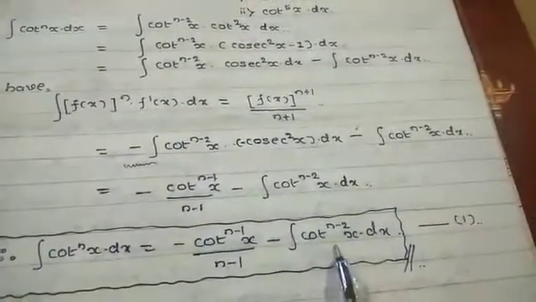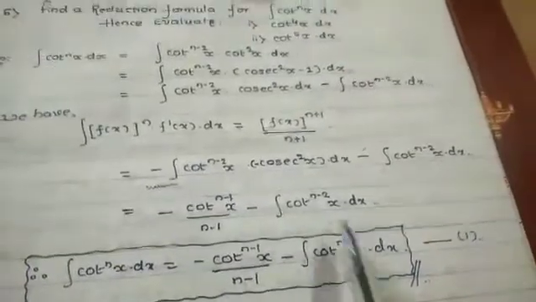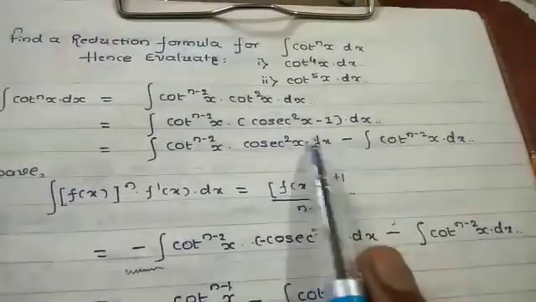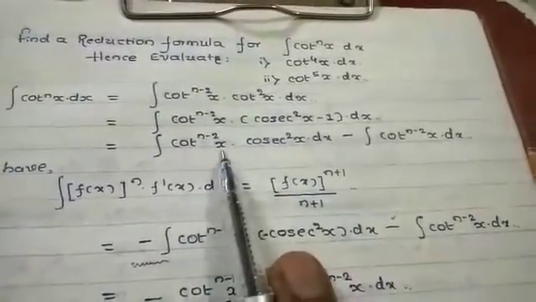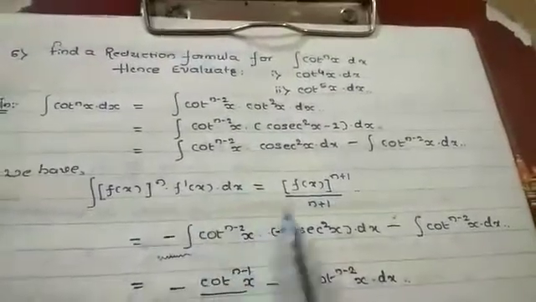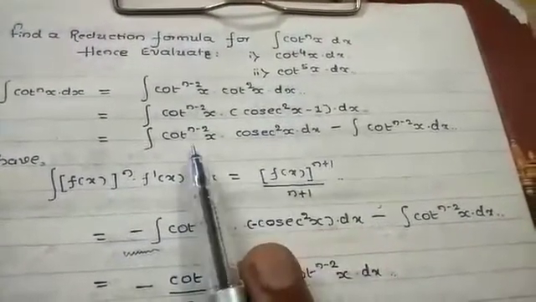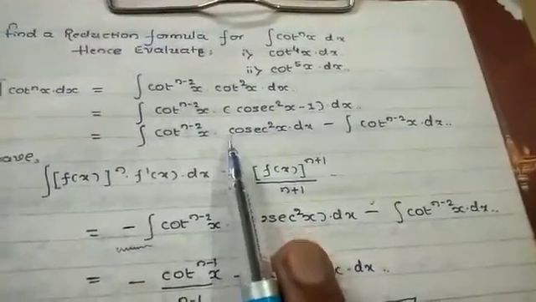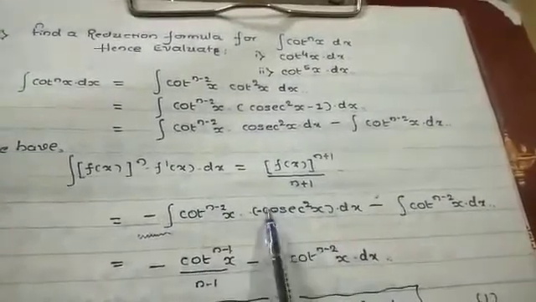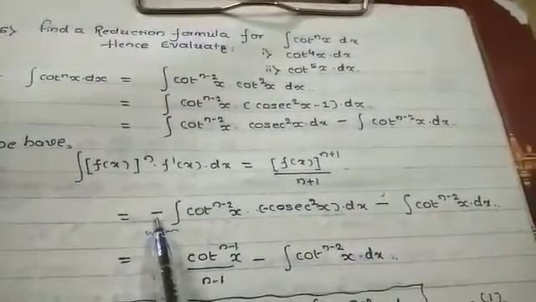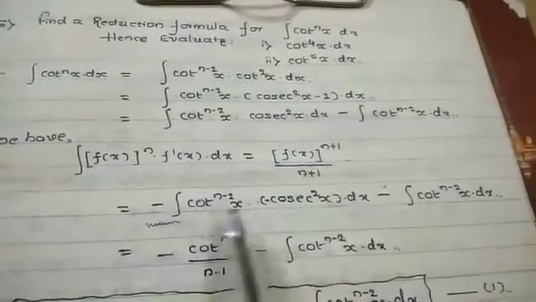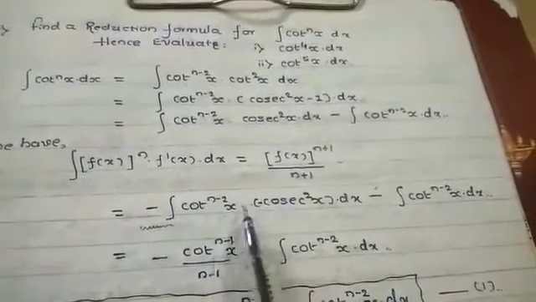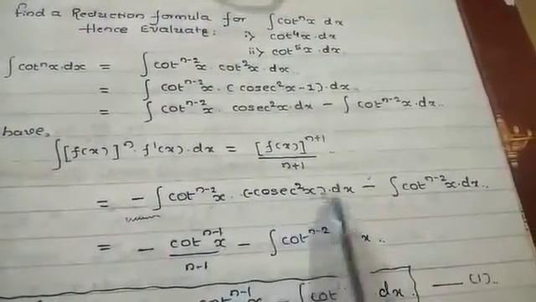This we can write as it is, or I n minus 2. So both are same. But here we have to apply the formula for cot raised to n minus 2 x into cosec square x with respect to x. So we have to apply this formula only when its derivative is there. Cot x derivative is minus cosec square x, the minus sign is not there. So in order to apply it, we have to balance that minus sign by putting a minus sign outside the integration and inside the integration. So minus minus again becomes plus only. There is no change in these two integrations.